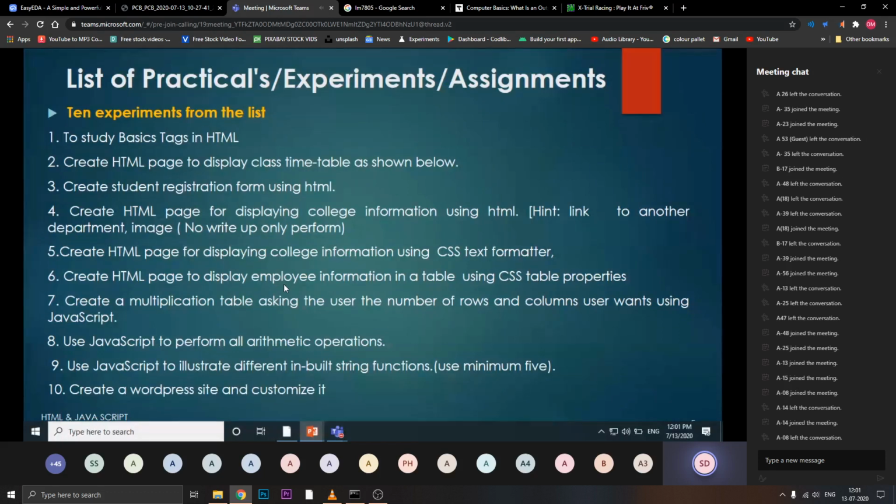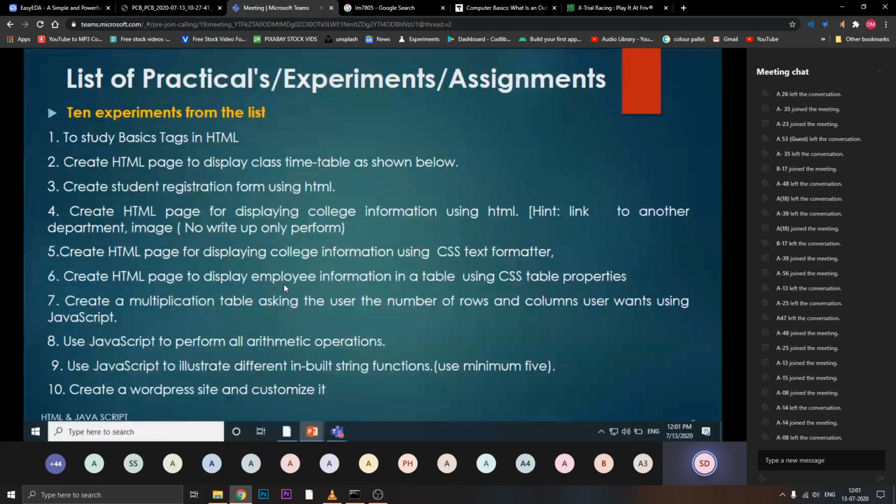We have the list of practicals here, as it is visible on your screen: list of practicals or experiments or assignments. Totally we have 10 experiments. This is the list, you can take a screenshot. I'm not going to read it right now.